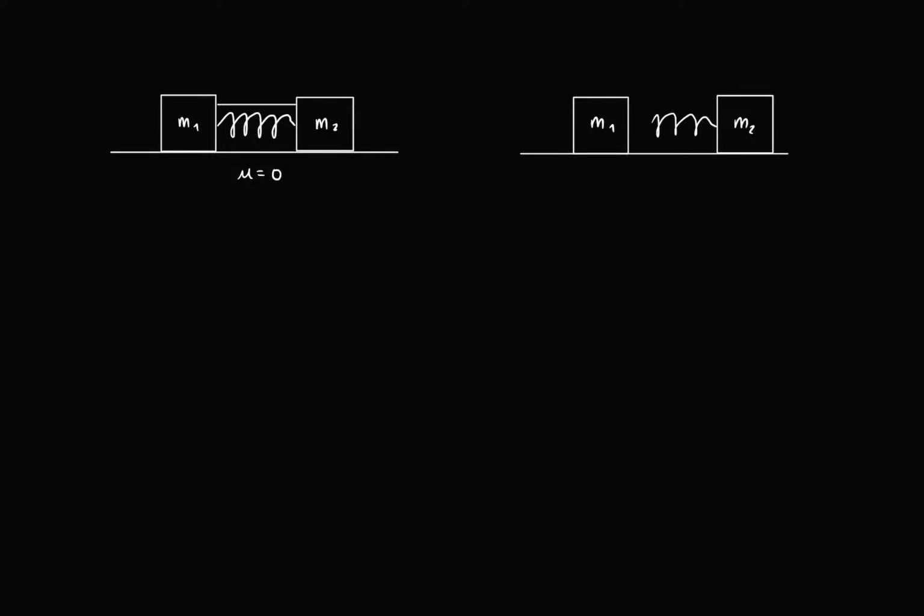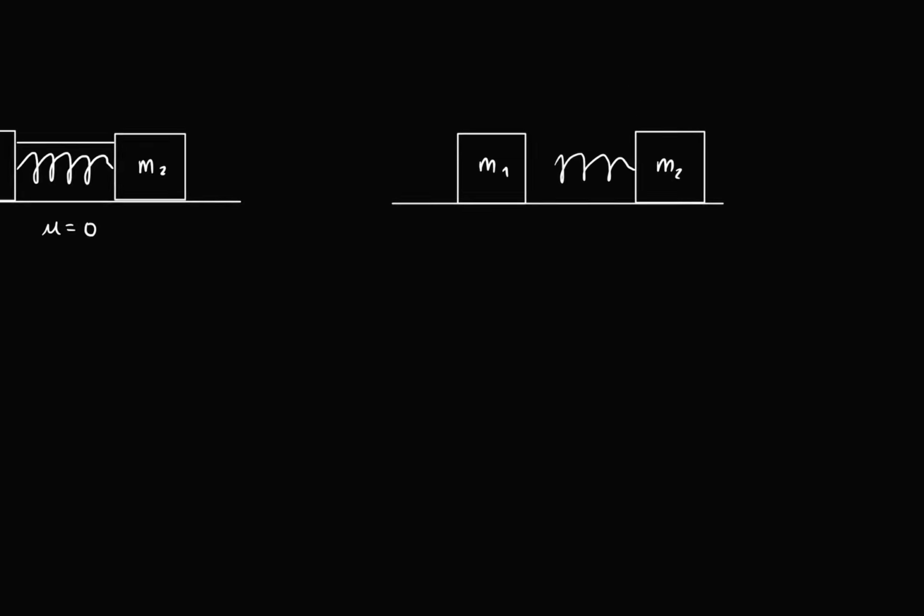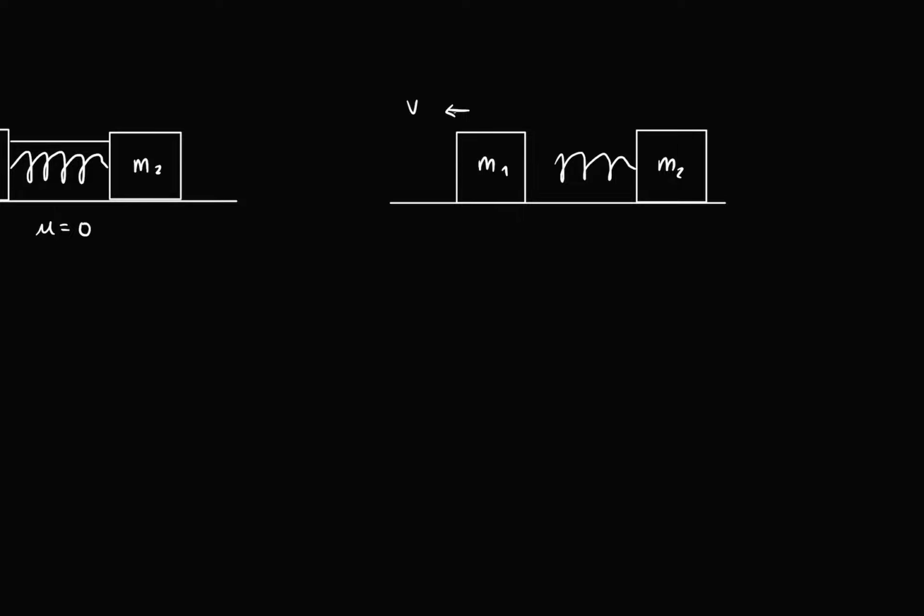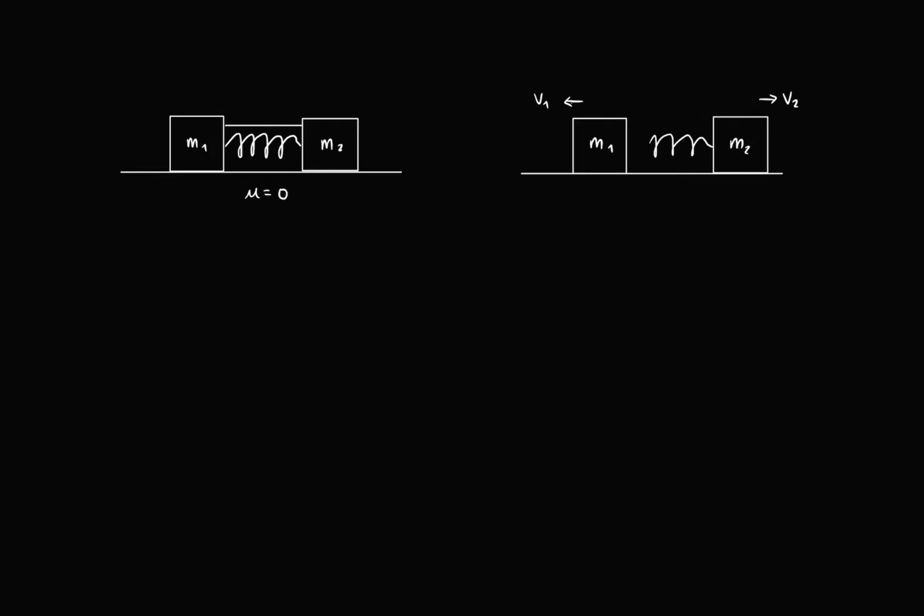Alright, hello. So today we will be working through a question that involves momentum and potential energy. And it involves two blocks, M1 and M2, on a frictionless surface, which are at first connected by a cord and a spring. Once that cord is burnt off, the spring is released, decompressed, and it pushes M1 and M2 with some velocity, which we will label V1 and V2, and they are going in opposite directions.